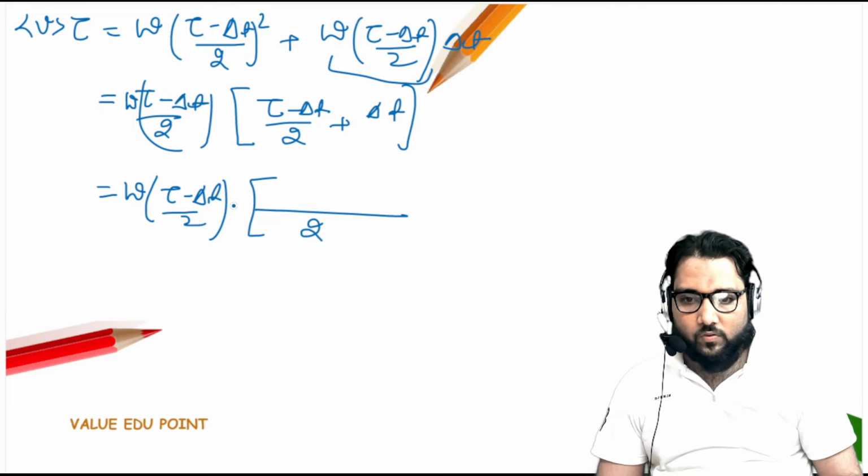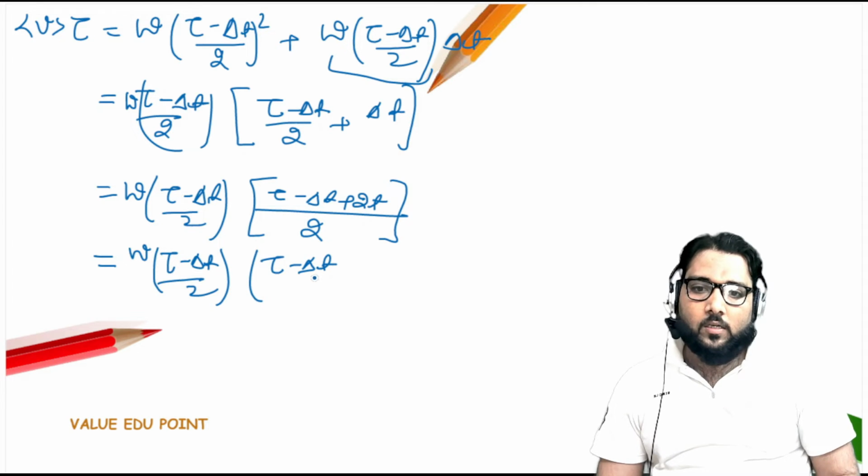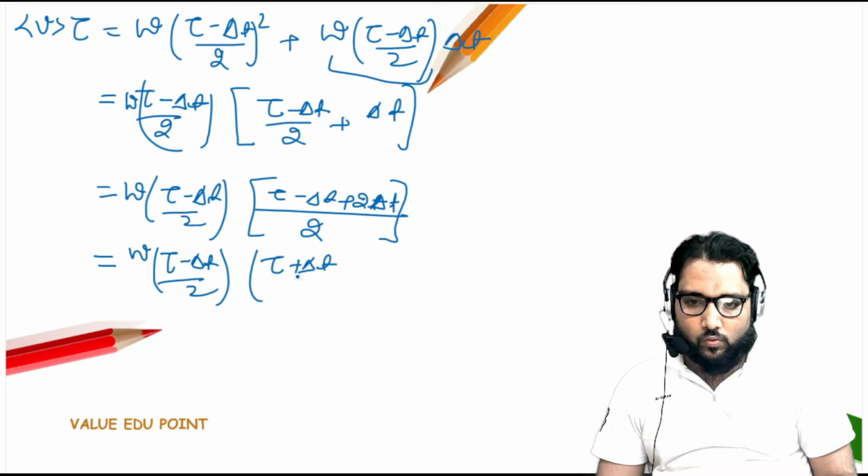Now we take LCM, we solve it. Okay, tau minus delta t plus tau t. Is it okay, guys? When you further solve it, so this is omega, or here tau minus delta t by 2. Here, when you solve this, so tau minus delta t, this is the 2 delta t. So 2 delta t minus 1 delta t, that is plus 2 plus delta t divided by 2.